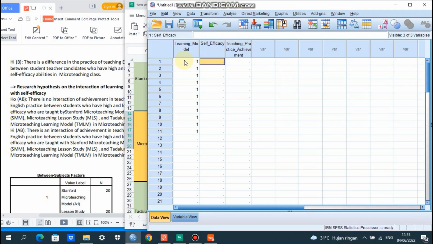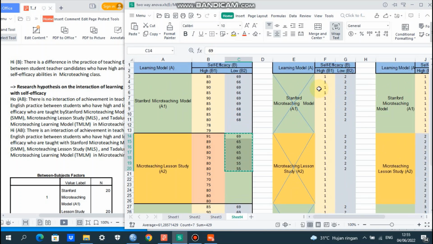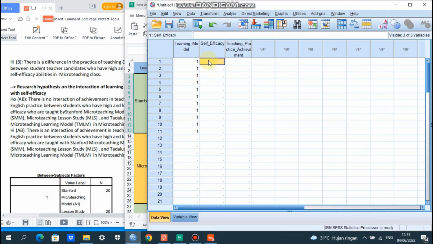Okay, the next we go to the code for self-efficacy. The high self-efficacy code is 1. The 11 participants having high self-efficacy joining the Stanford micro teaching model, we paste it here.